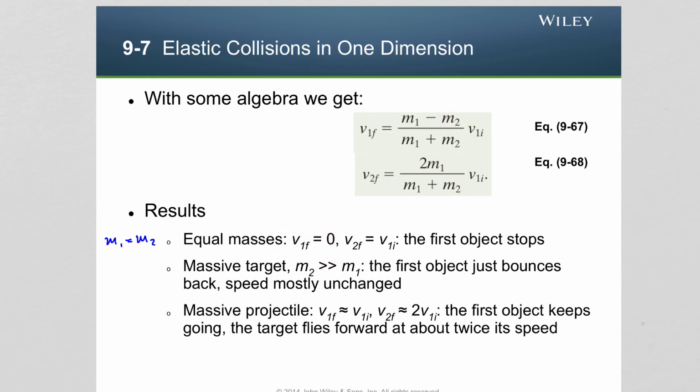And the final velocity of the second object will be equal to the initial velocity of the first object. Or in other words, if you think about two billiard balls colliding, and one of them stationary, after collision the ball that was moving will be stationary and the ball that was stationary will be moving. This should be happening